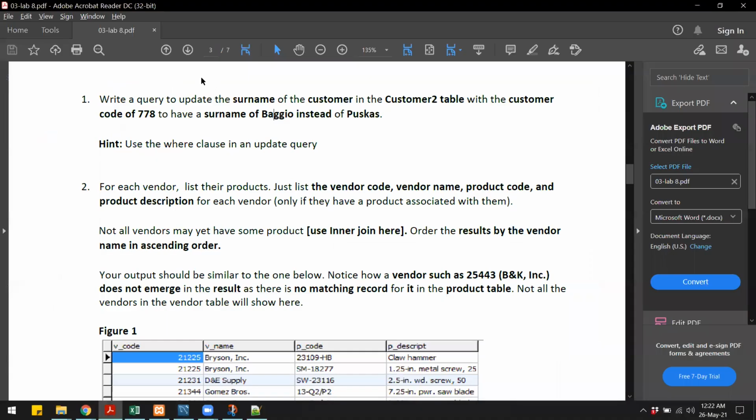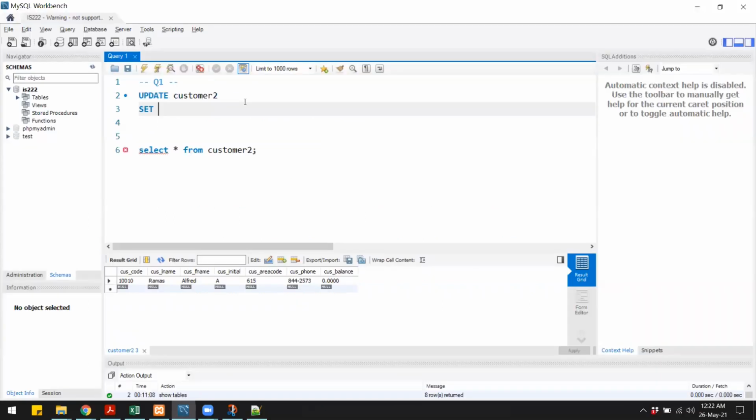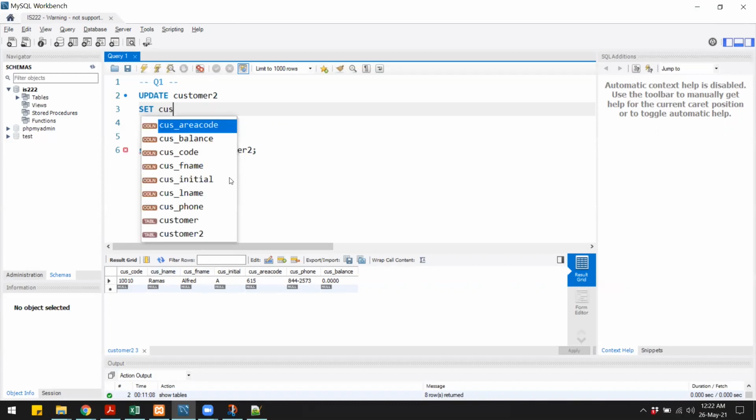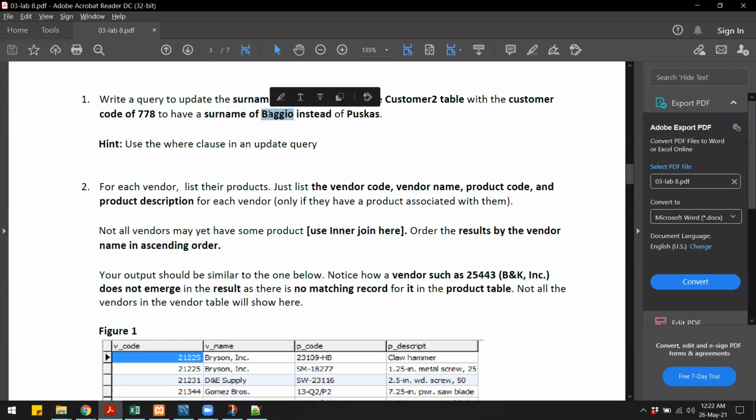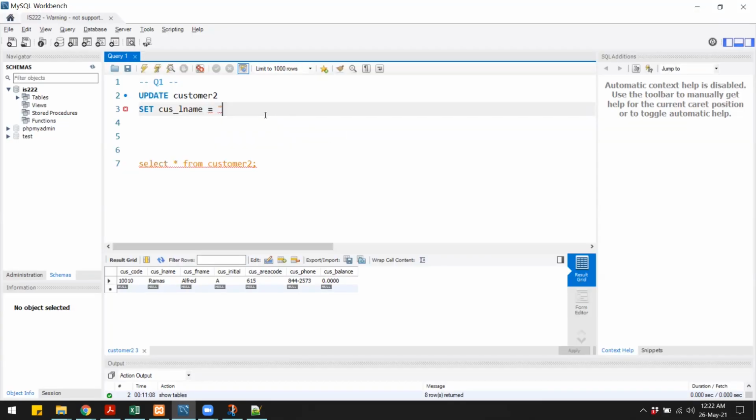So in here I want to update the surname, and the surname column in my table is cus_lname. So since I want to update the last name column, that is customer last name, lname, and what is the new value that you want to set? So equals. Now I want to set the new name as Begio, and for which customer do you want to update this for?